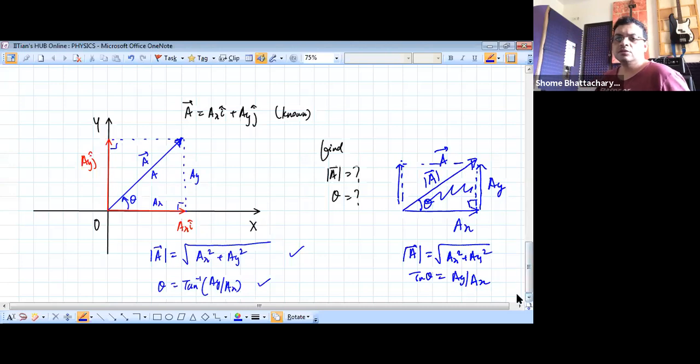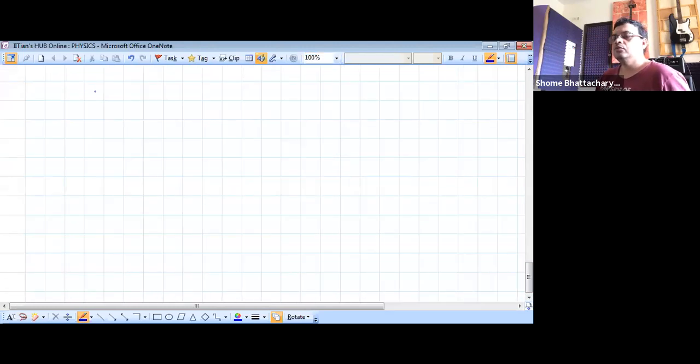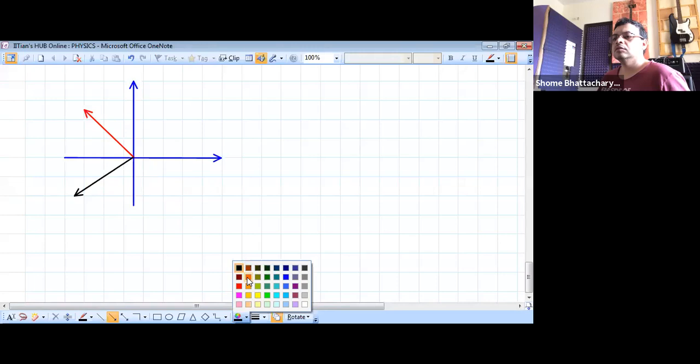Okay. So let's see a quick example using this now. So one thing we have to understand here is the system of quadrants. For example, if I'm comparing some different vectors like this one, then let's say this one, then this one. So if you talk about their different angles, you will see that